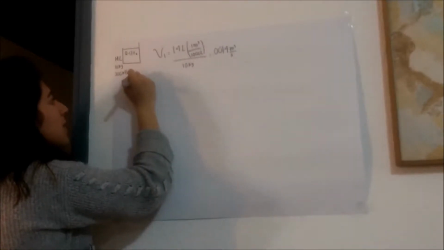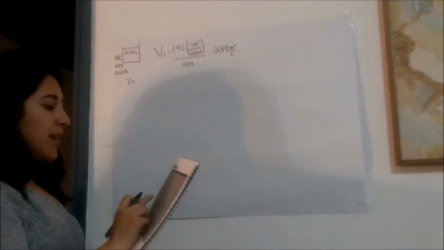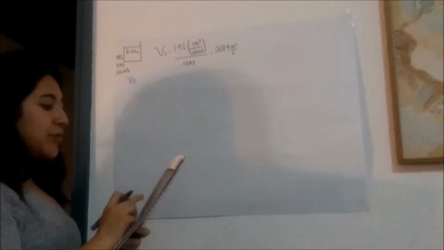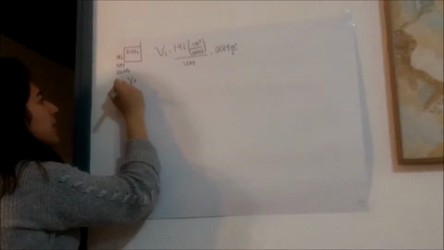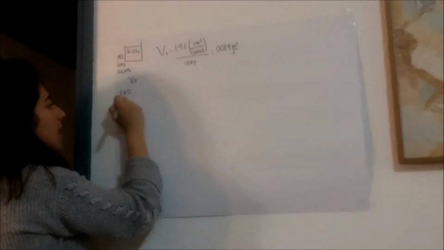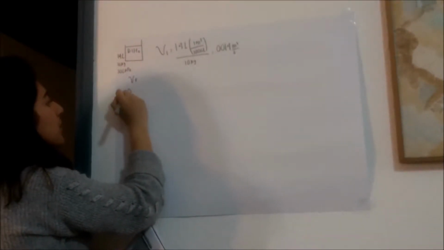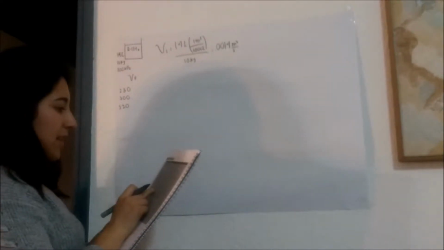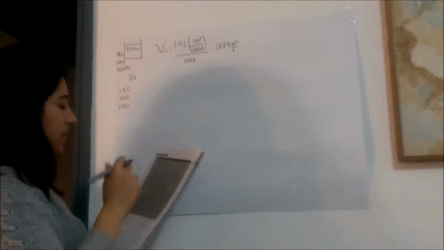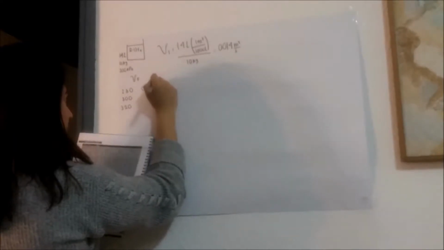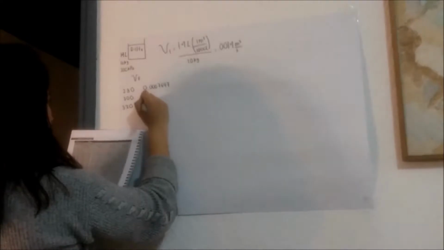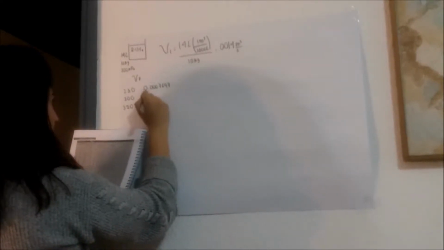For vf we have 280 kilopascals and 320. We want 300, and for 280 we have that vf is 0.000767, and for 320 we have